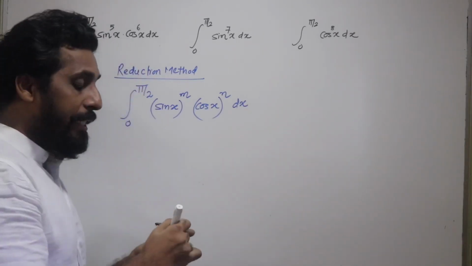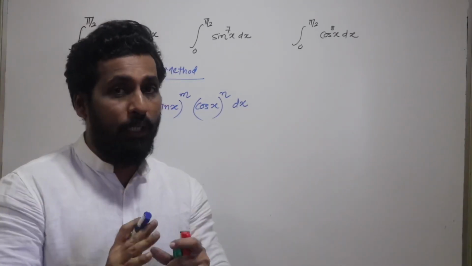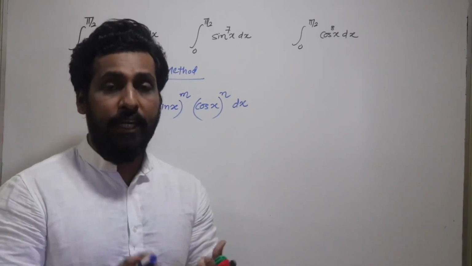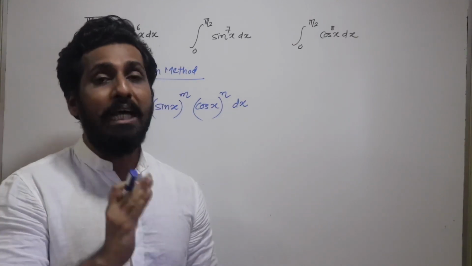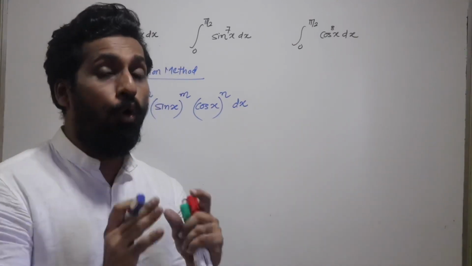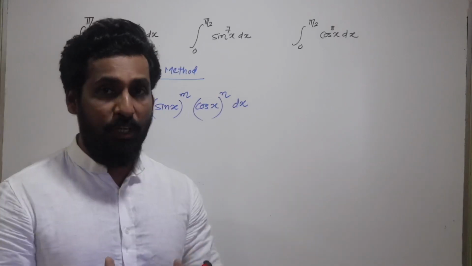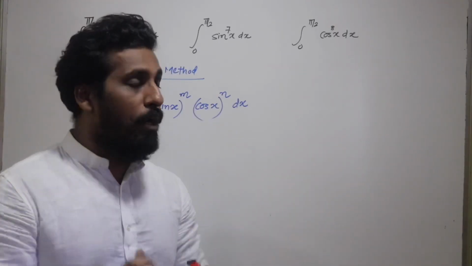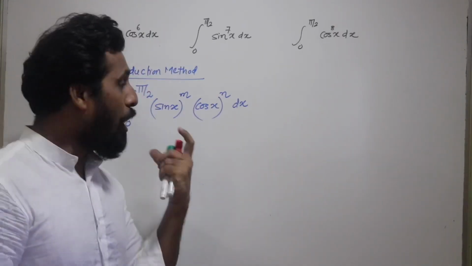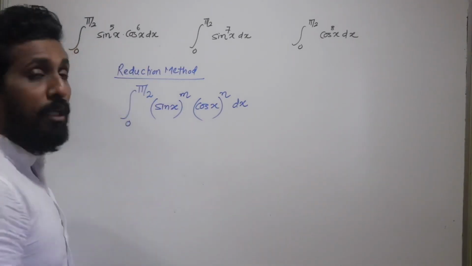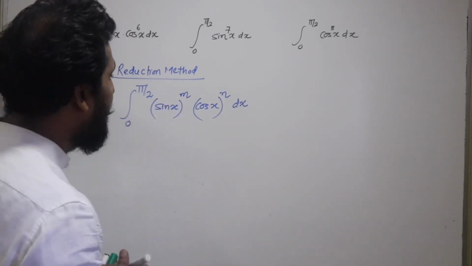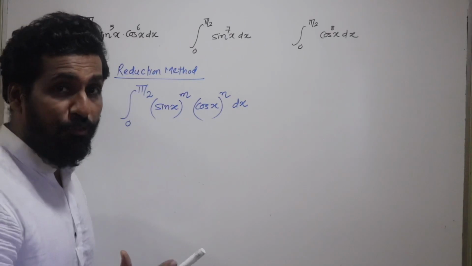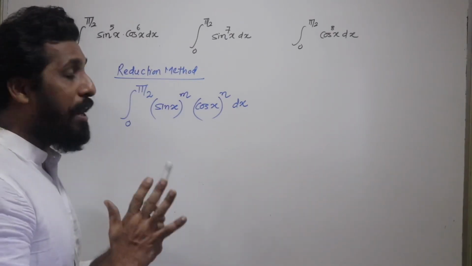Now the technique that I'm going to teach you here is actually from first year engineering and the topic is called beta gamma function. You don't have to know what is beta gamma function, you just have to remember what I'm going to teach you here. Now observe carefully. This reduction formula is given something like this. You memorize the formula and the formula is quite easy. You do not have to worry at all.